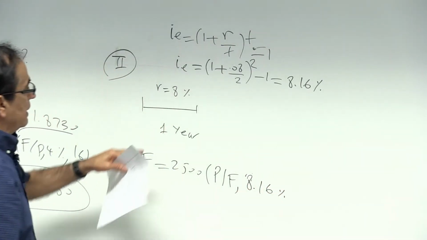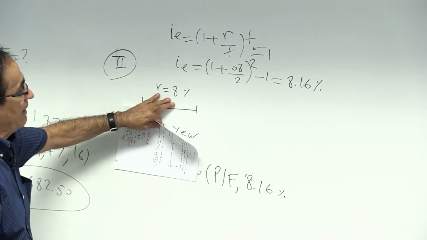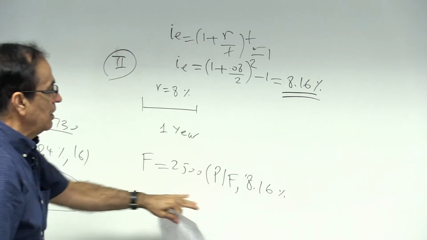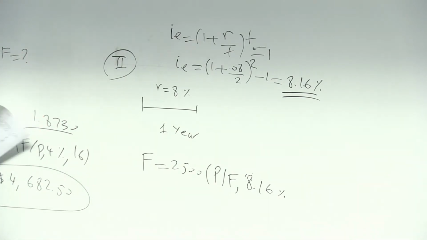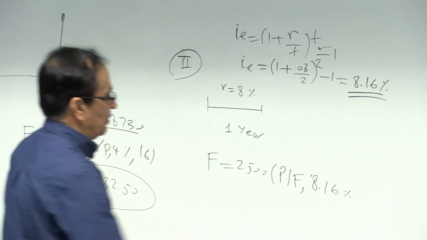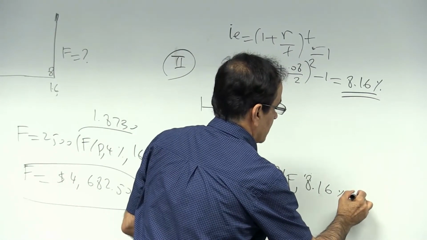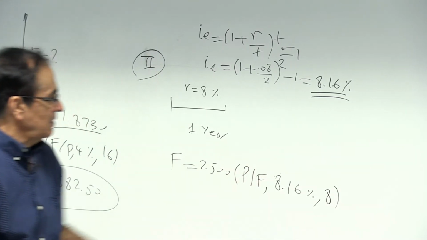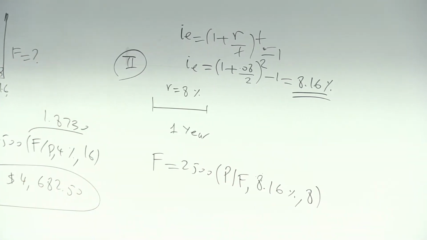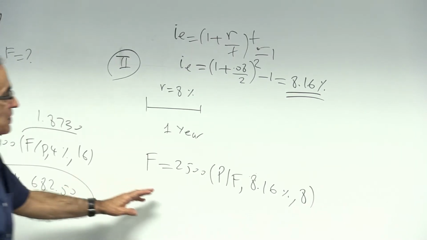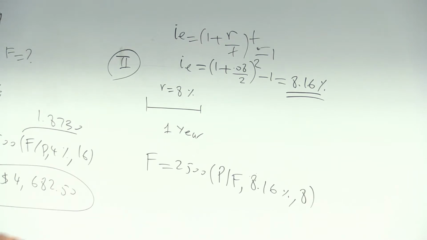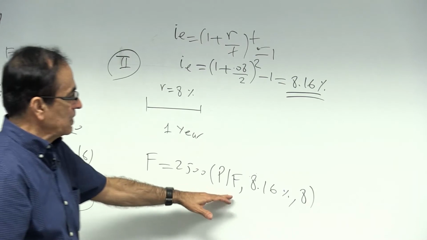So that's what you're going to substitute here. Because the nominal for 1 year is 8%, the effective is slightly larger than the nominal. But the number of periods is going to be 8 because you're using 1 year as the unit of time here. So what's the problem? When you go to the end of your book, the table that you have is either for 8% and 9%. You don't have a table for 8.16%. So that's why you cannot get this number, unless you find P given F for 8% and 8 years,